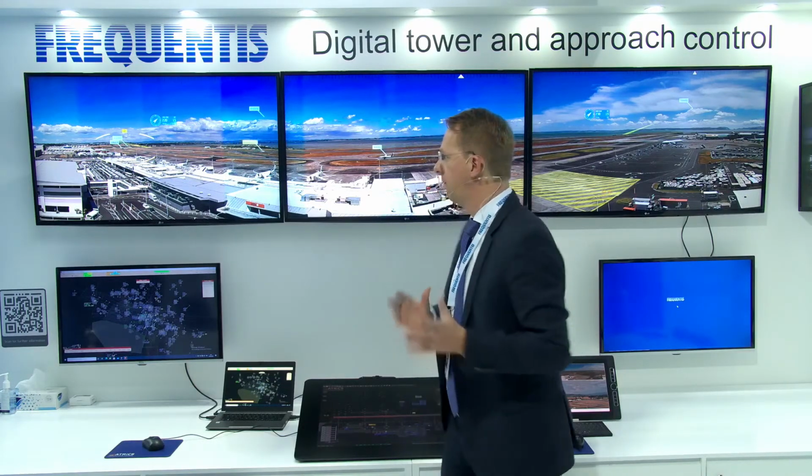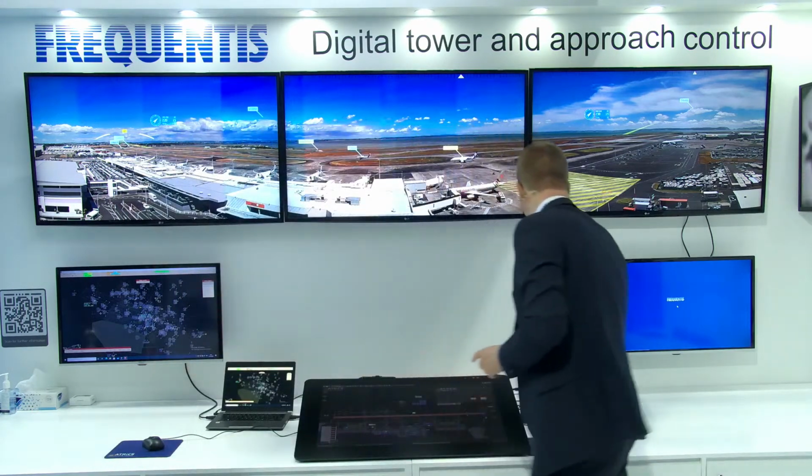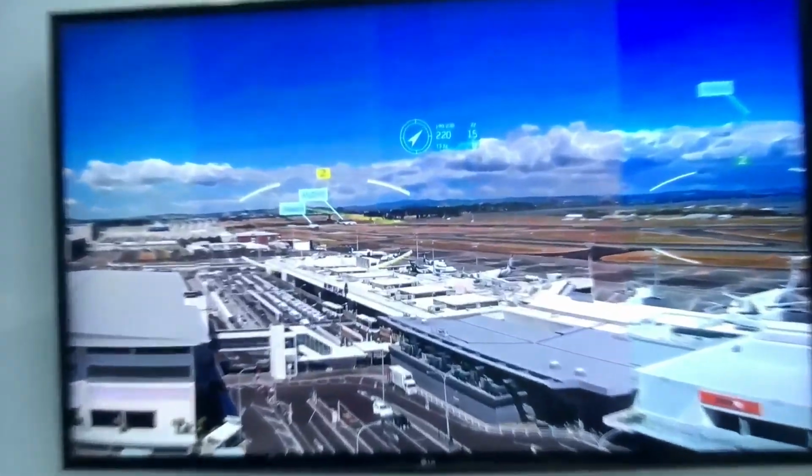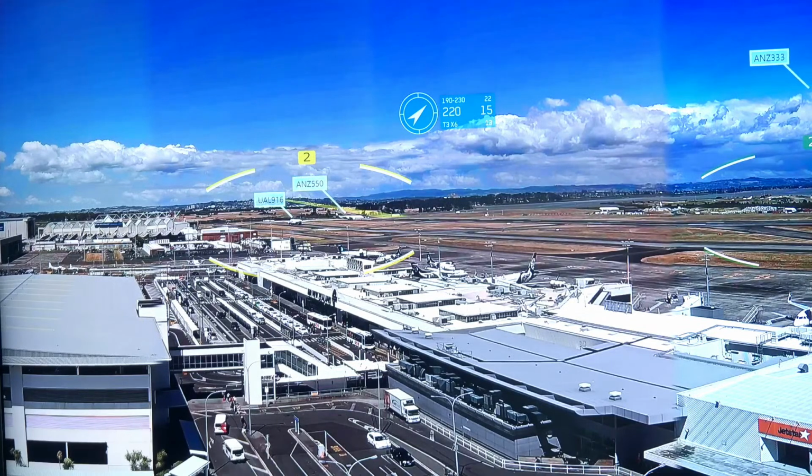The other tool, what you can see here and what I can also move, is the so-called pan-tilt zoom camera. The pan-tilt zoom camera replaces the binoculars. So if the controller wants to do a landing gear check, then he uses the pan-tilt zoom camera, which is a movable camera and which basically supports the controller in following an aircraft.